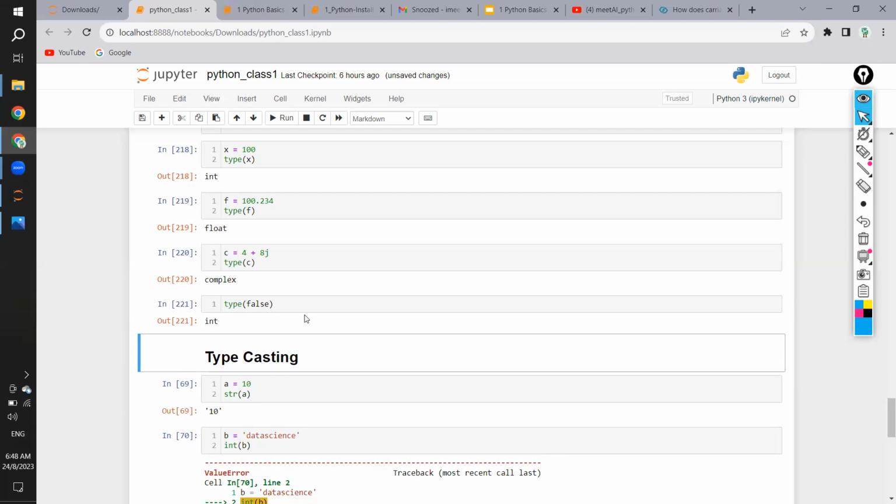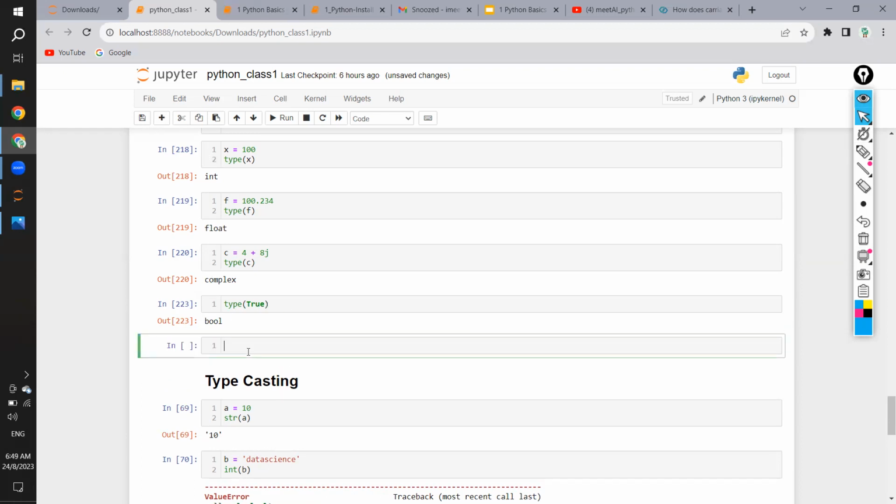But if you see, we got int. That is not capital F, right? Correct, exactly. So as I said, when I'm saying it is false, you should be cautious that it should be capital F. Capital F and capital T will be considered as Boolean values, right? So any other value,